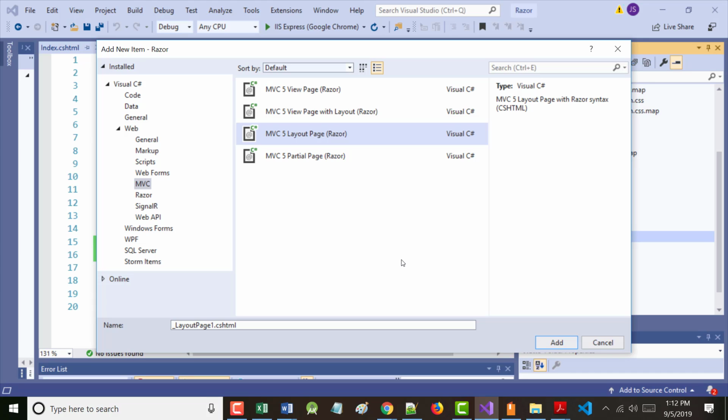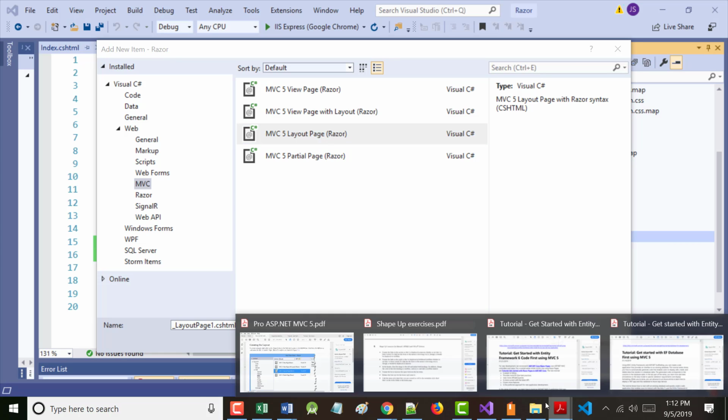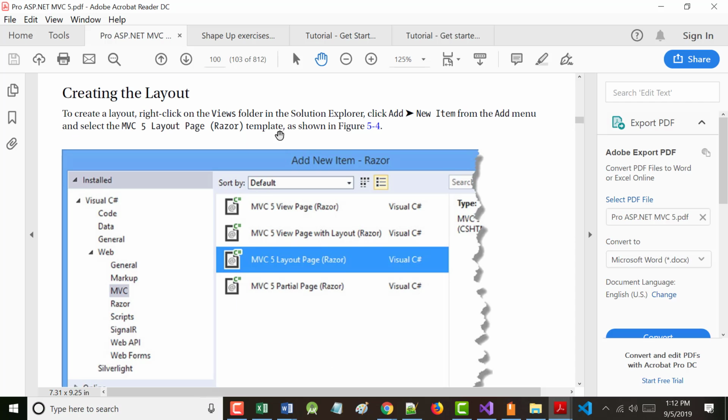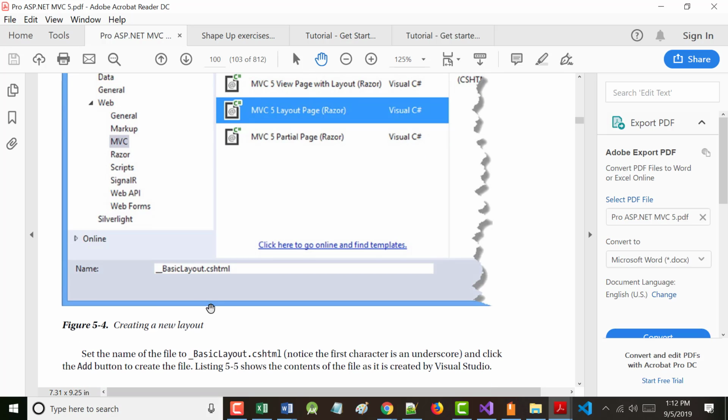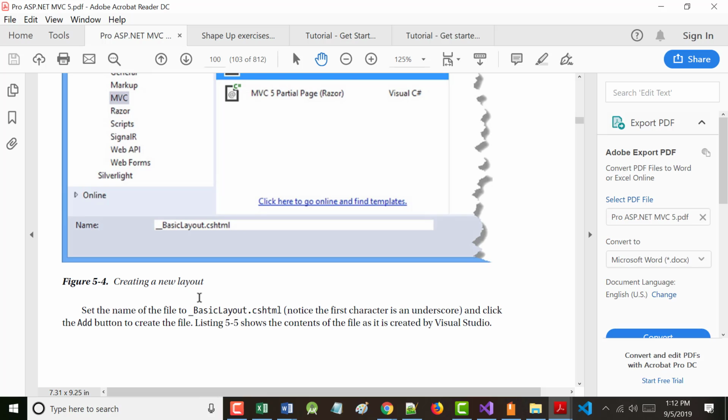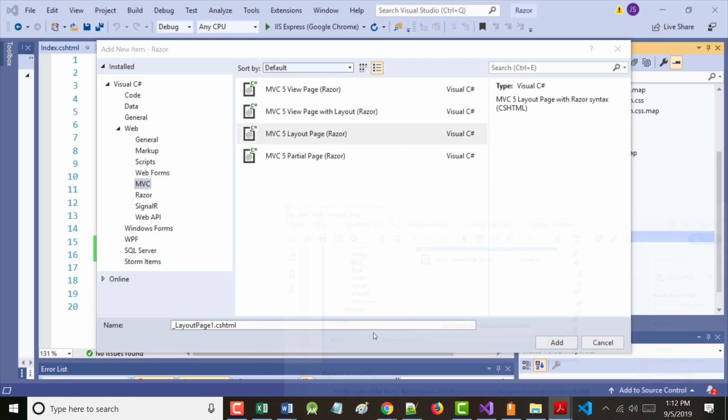All right? Those files that start with an underscore, for lack of better words, are kind of sending a subliminal message to the compiler that these are system files, even though it's one we're creating. All right? And it says in here, it wants us to call it underscore basic layout dot cshtml. All right? So that's what I'm going to do.